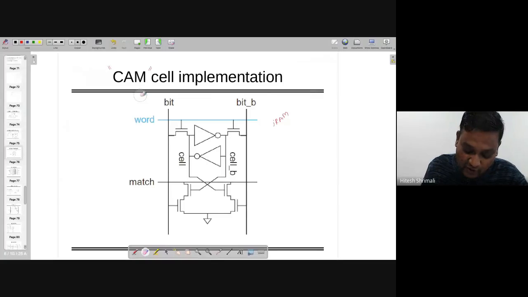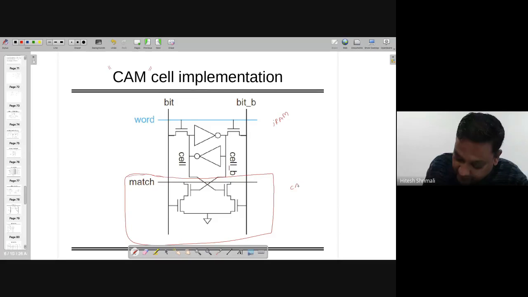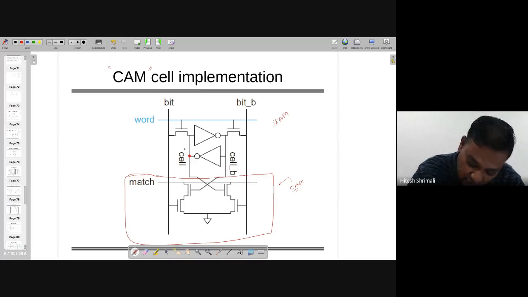Let's assume that you want to check whether it's matching or not. So here, a few more transistors have been added, which act as a CAM. So here, this is the extra CAM. By the way, the whole thing is known as CAM. I'm just keeping it aside just to make sure that this is a new part other than SRAM, right? And whatever the Q or cell is available, I'm feeding over here to the transistor